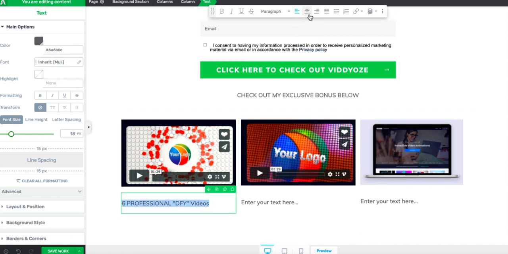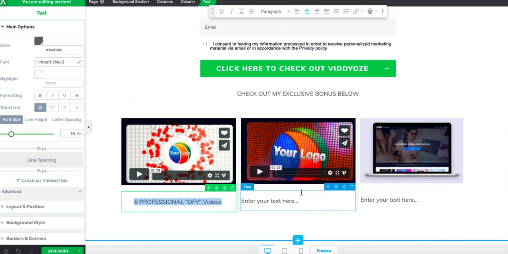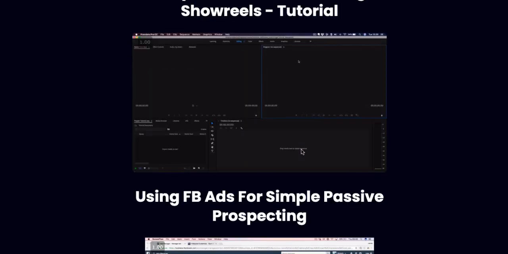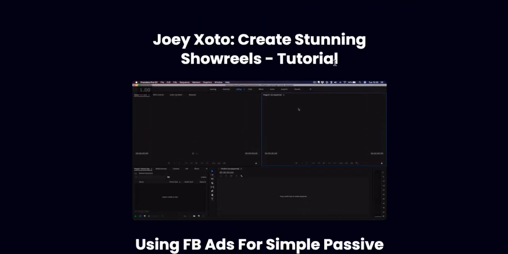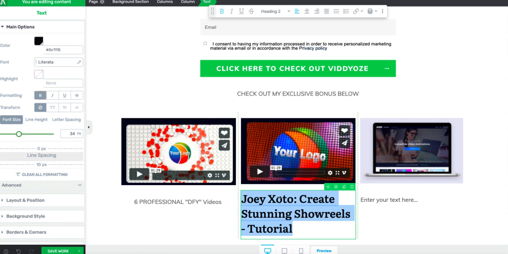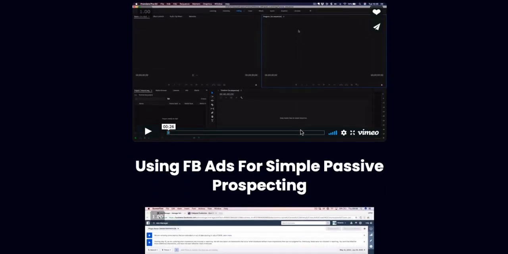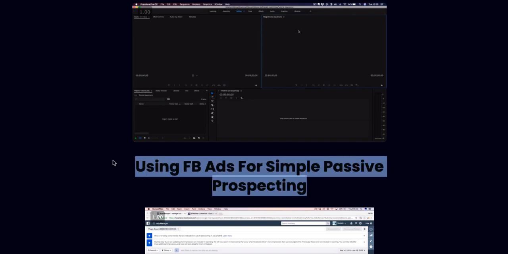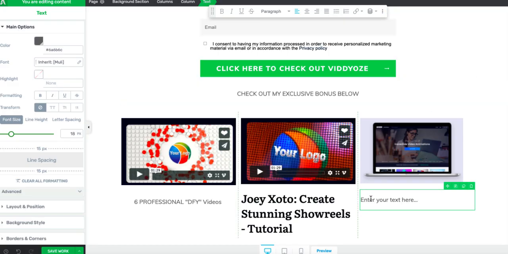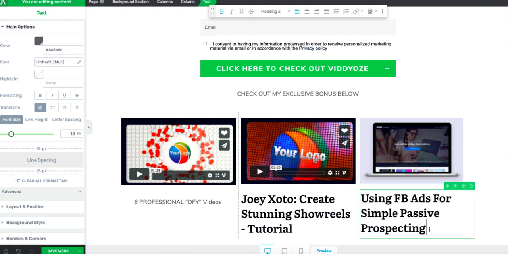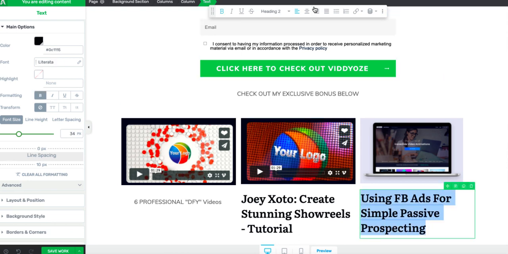Again, straighten that up. Then on these ones, I have the Joey's Auto stunning show reels, and then I have using Facebook ads. Now I'll change all of this text. Don't worry about it the first time you put it in. Just get it in there, and then you can start messing about with it and changing the